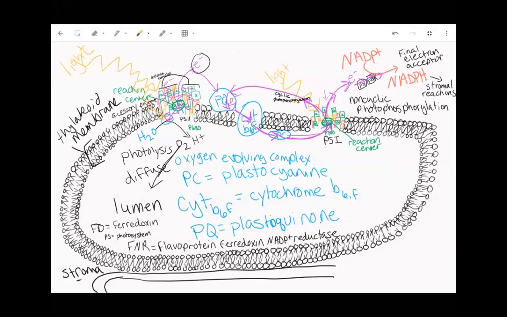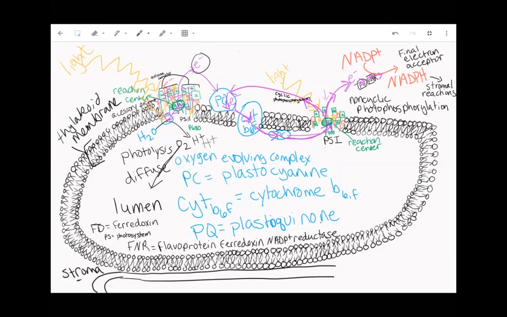And we have these protons right here, and let's talk about what's going to happen with those protons. All right. So we're building up protons from each molecule of water split. We get 2 out,